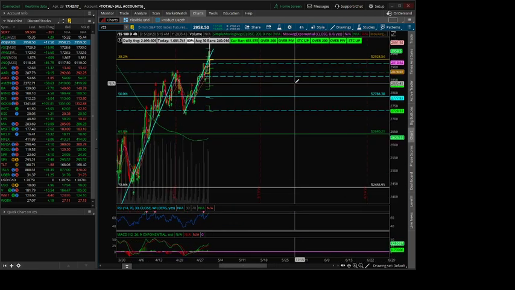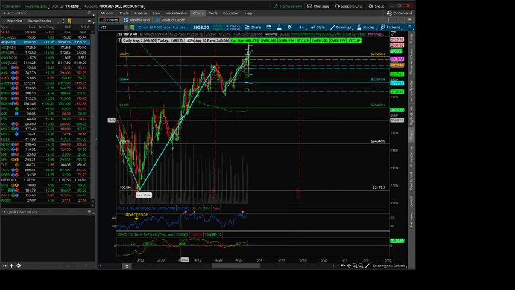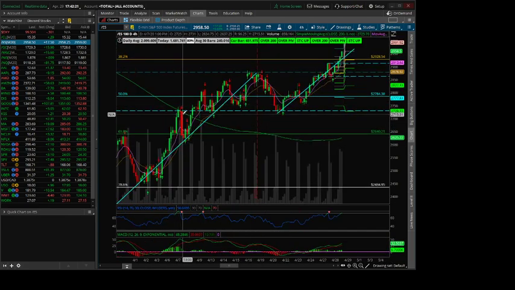This is a 4-hour chart, and the last time we had that, we ended up having a pullback. So you've got this right here, and this right here is about the same level. So if we do, let's see here, if we do from right here up to right here, and then if we duplicate that drawing,